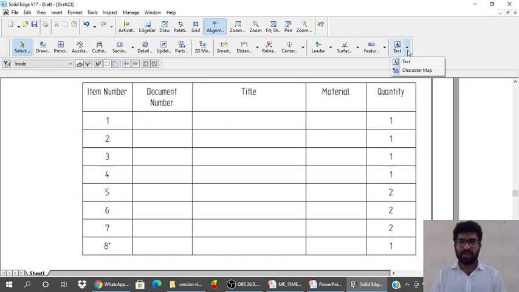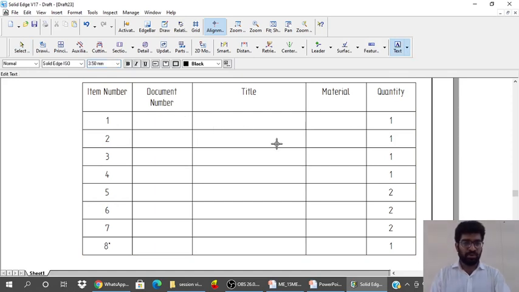To do that, select text, click on the column here, type as body.